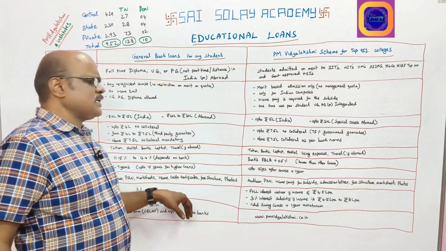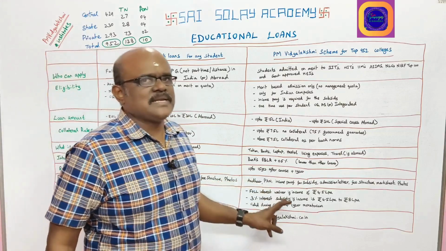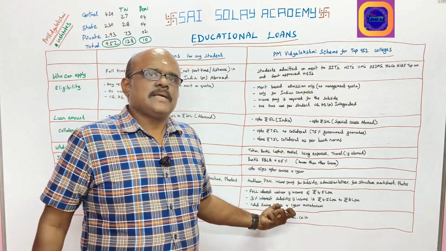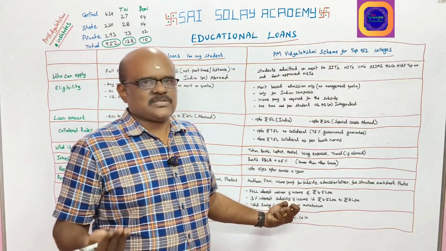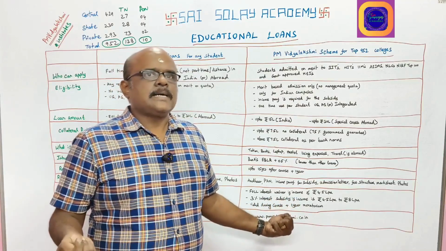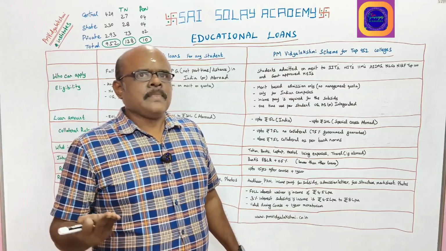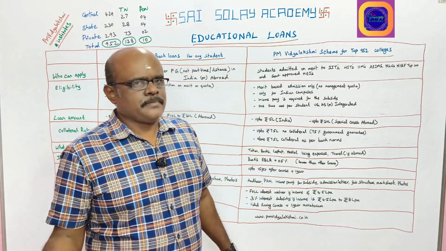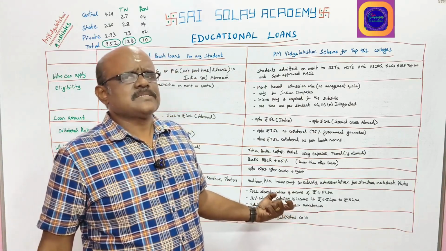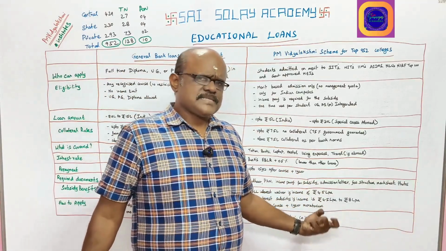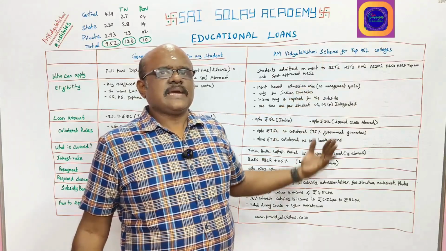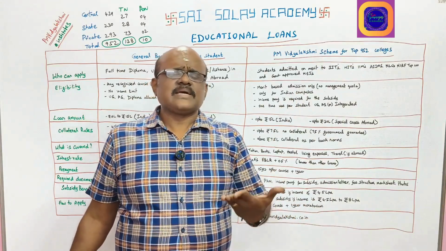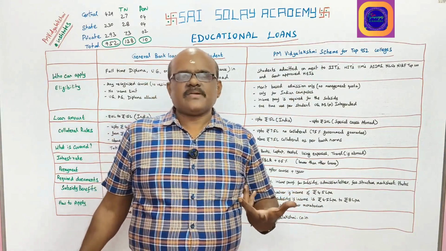And the major difference is, there is no subsidy there, whereas here, if your family income is less than 4.5 LPA, then no interest will be levied on your sanctioned education loan amount, and a 3% interest subsidy will be given if your income is between 4.5 LPA and 8 lakhs per annum. So that's a major difference. So those families whose son or daughter is studying in these top 952 institutes can avail these loans and get benefited from this interest. Without interest, if you are getting any amount, then it is a gift for you.